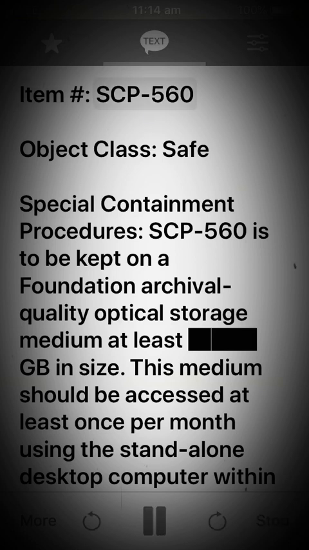Item SCP-560. Object Class: Safe. Special Containment Procedures: